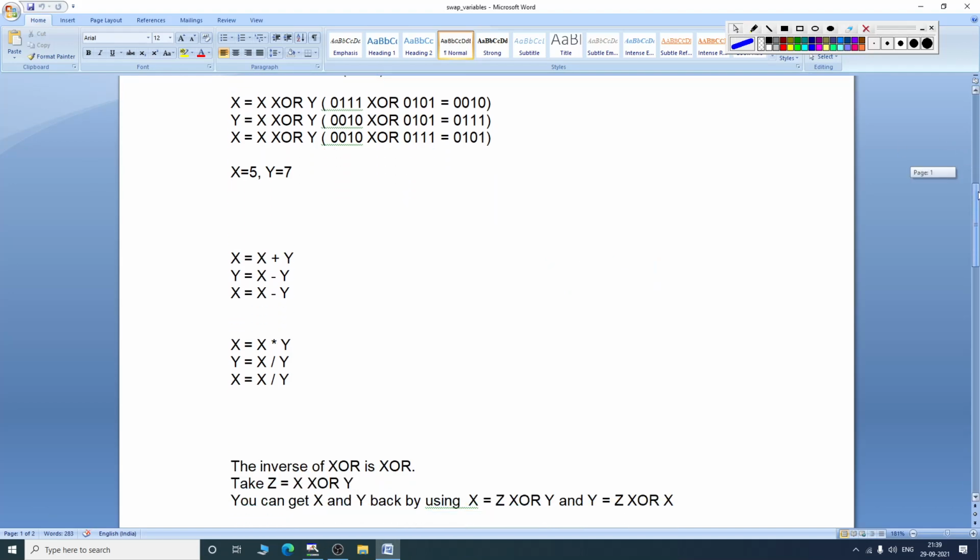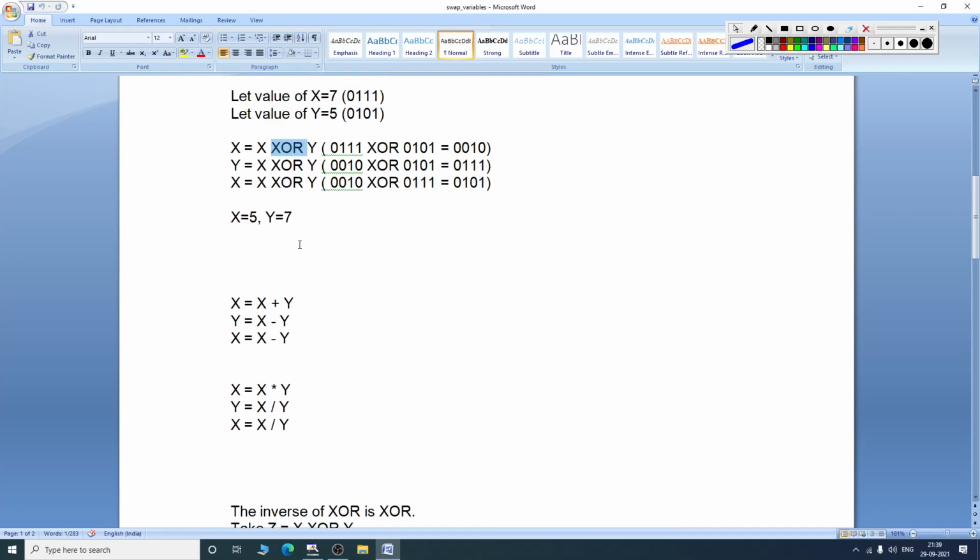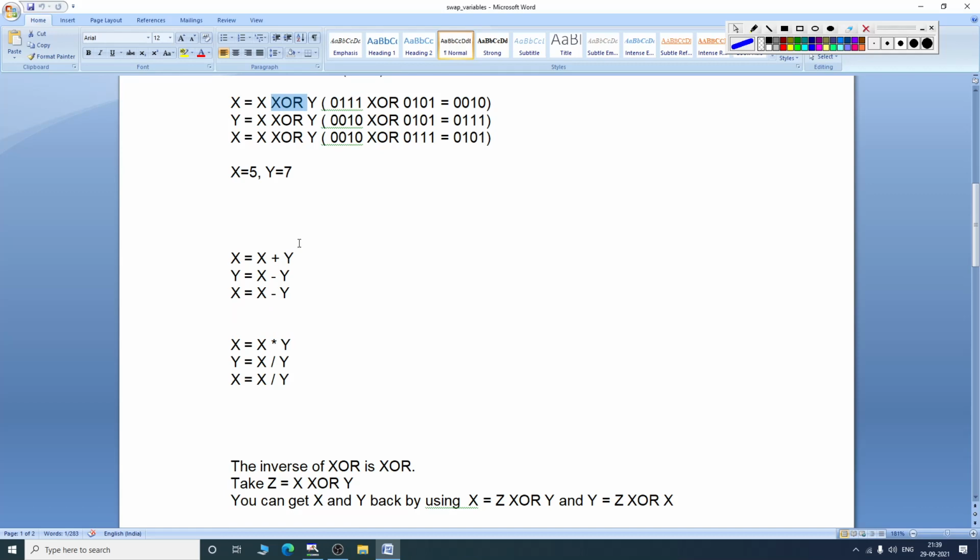Now, you have done this with XOR, and now we can do this with another operation. I'll tell you shortly. See, here you are using plus, you are using multiplication, and here you are using subtraction and division.